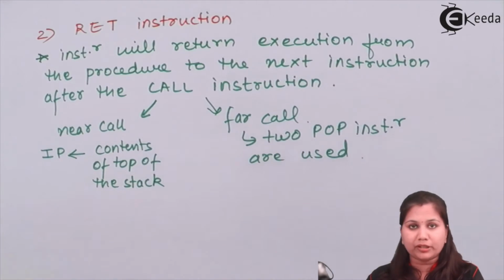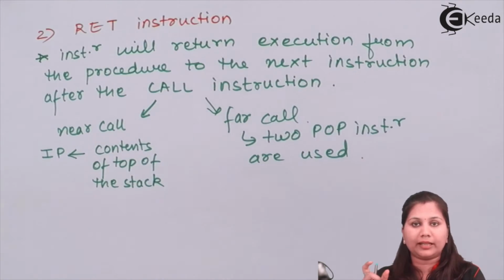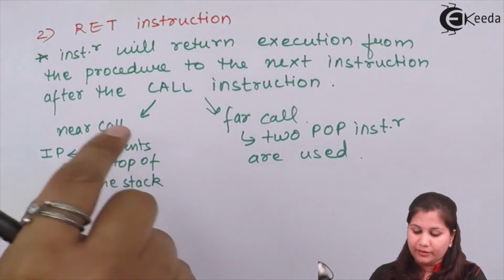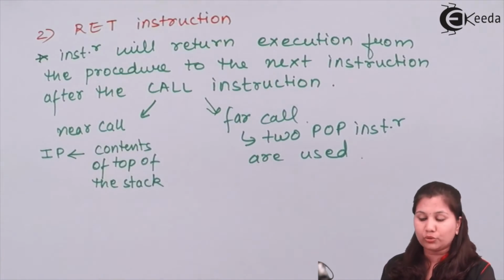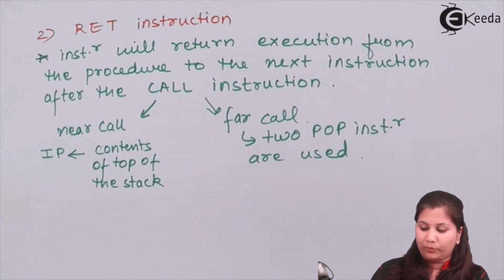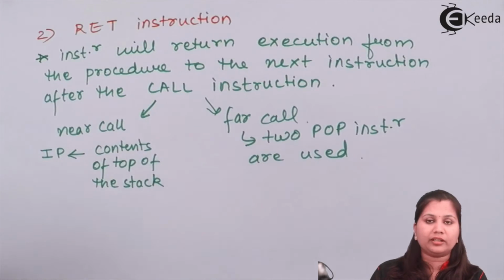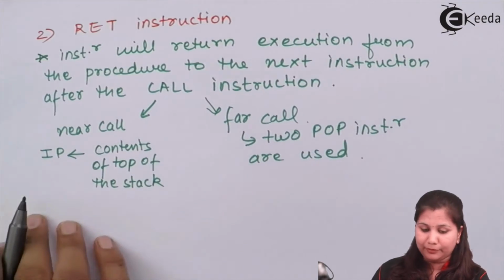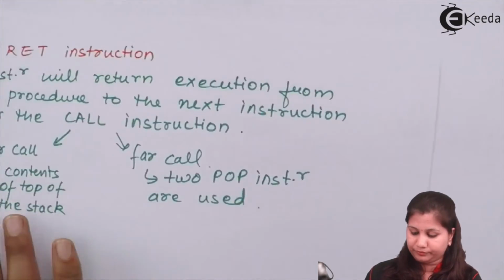At the time of the first pop instruction, it is going to get the segment address, and after the second pop instruction, it is going to get the offset address. So this is the return instruction, which is used to resume the execution of the main program from the procedure, returning back from the procedure. Now if we take the example of the return instruction,